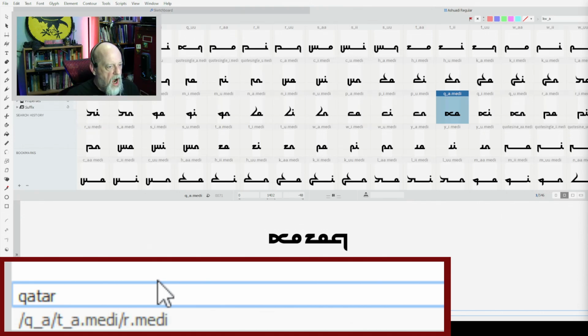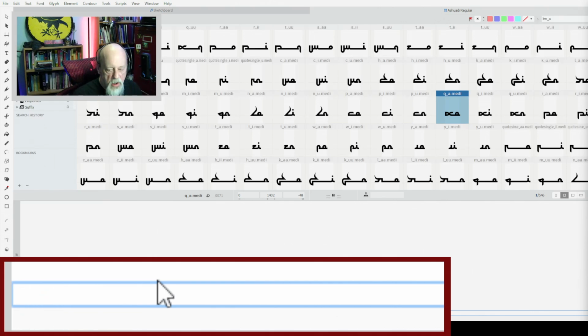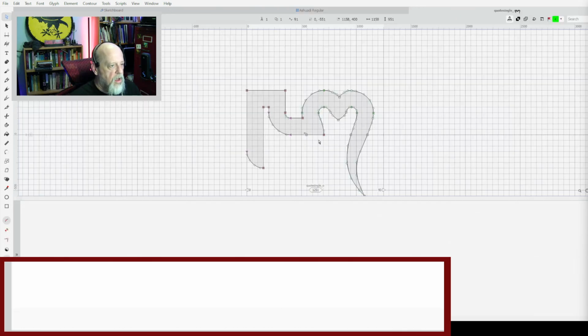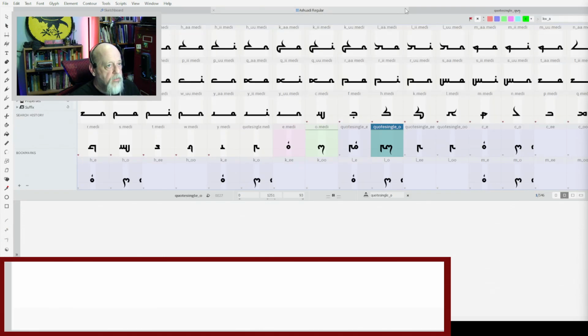I'm not that good at reading it right now because I keep making changes to the sucker, but it's getting better. And I have to cover all the possible options that are going there. And that's why there's so many glyphs here and as much code as there is. So that is going to be the new form for the letter O. And I'm going to have to go back through here, get rid of that, and find everything that ends in an O in here and add to it.